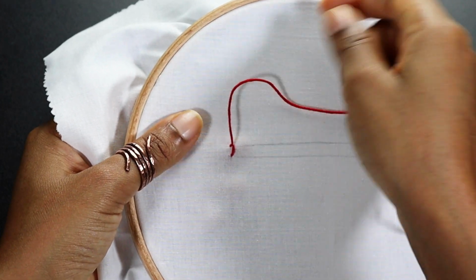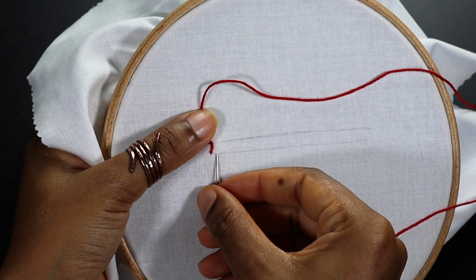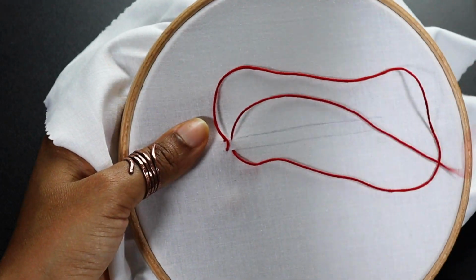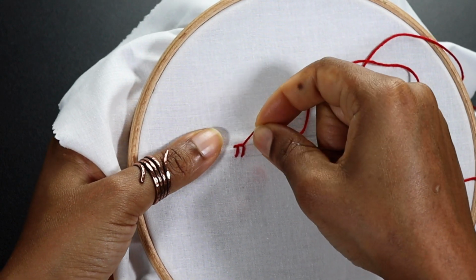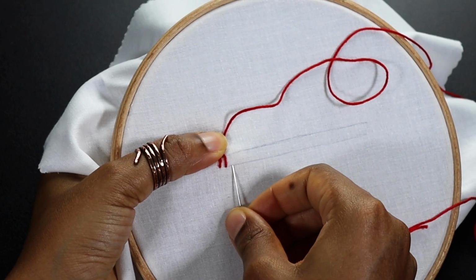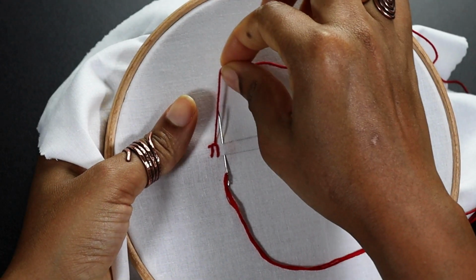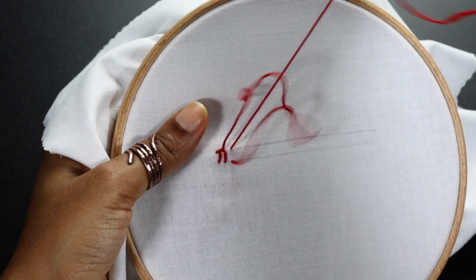Like so. So I'm going to show you first of all in the wide style so that you can see what the stitch actually looks like. And this is the way that it would be done if it was on the top of blankets, or imagine you were making some felt Christmas decorations or felt beanie dolls or something like that. So you go in on the bottom line and then out on the top, wrapping the top thread behind the needle,